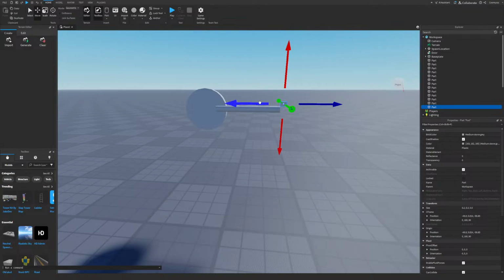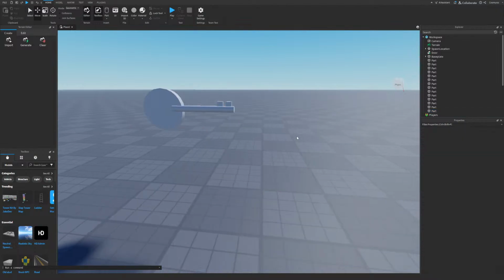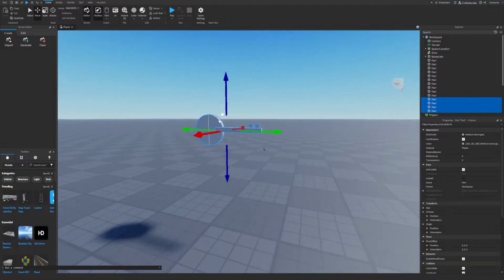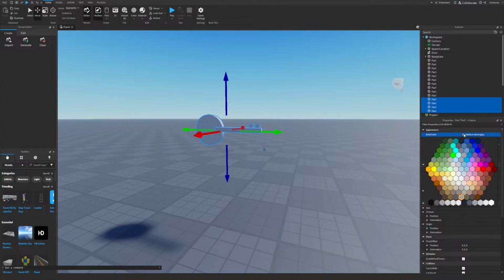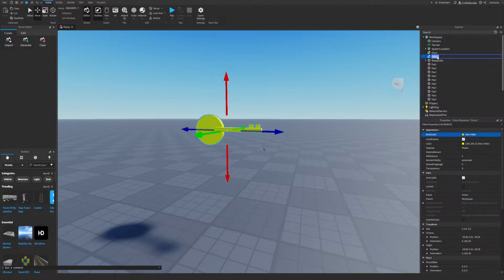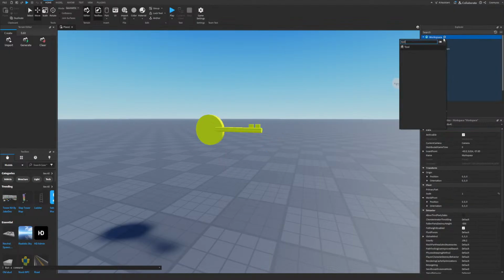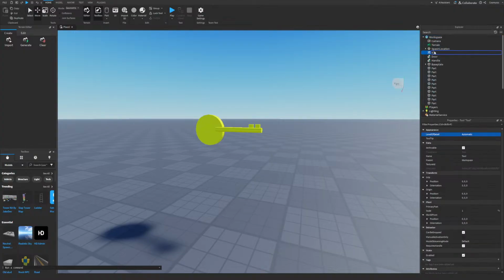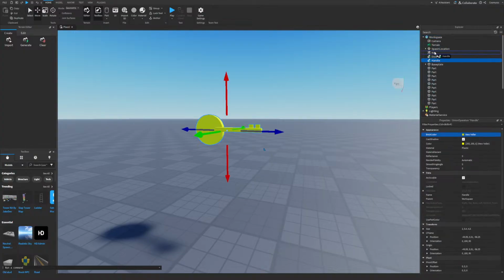Okay, let's click move. Move it like this, duplicate, and move it again. Let's select all. Let's color it yellow since it's a key. Right click, come to solid modeling, select union, and edit it to handle. Come to workspace, click that plus, add a tool, and name this tool key, and drop the handle inside this